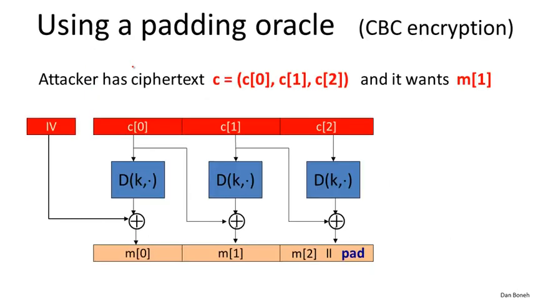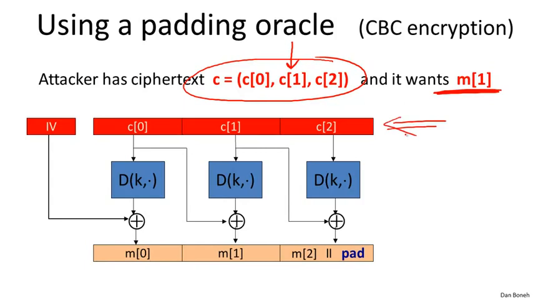So now let's see how to use a padding oracle. I claim that if the attacker has a certain ciphertext C, he can completely decrypt that ciphertext just using the padding oracle. Just as an example, suppose he wants to obtain M1, in other words, the decryption of the second block of the ciphertext. Here we have the ciphertext that the attacker intercepted, and this is the decryption of that ciphertext. I wrote this down so you remember how CBC decryption works. Keep in mind that one ciphertext block is directly XORed into the decryption of the next ciphertext block. The adversary wants to learn just this part of the plaintext.